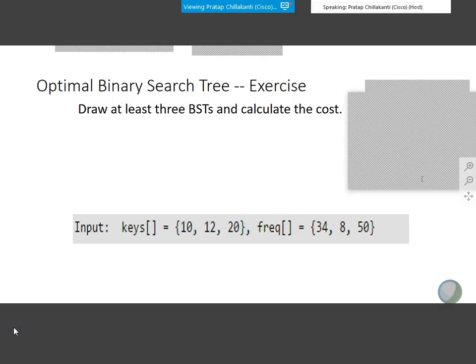The moment I say binary search tree, what should come to your mind?